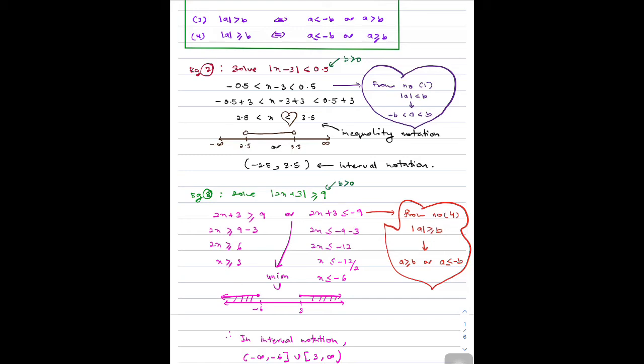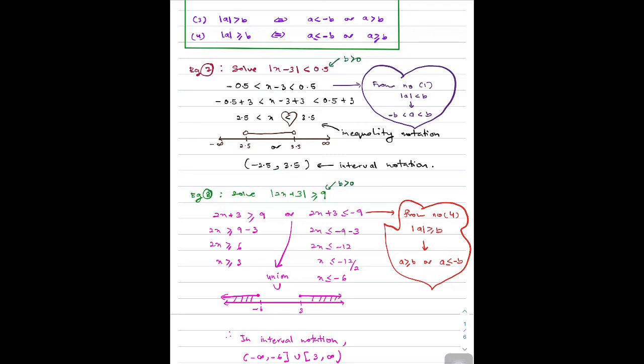And then solve, and draw the number line. This part, x greater than or equal to 3. So, draw greater than or equal to 3, which includes 3, so it is a dot. When it is included, it is a dot. And then this one, x less than or equal to negative 6, to the left of negative 6. It is included, so it is a dot.